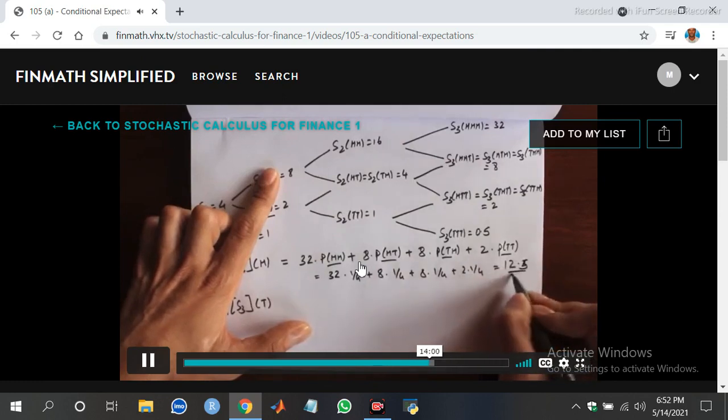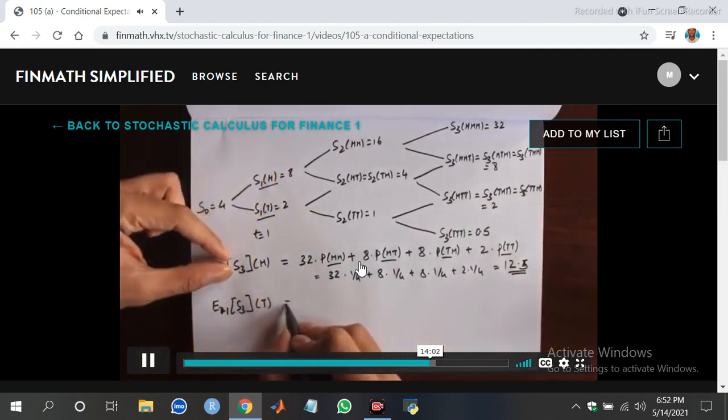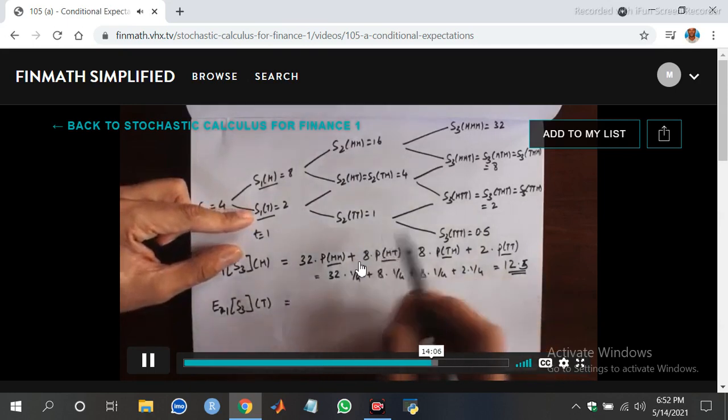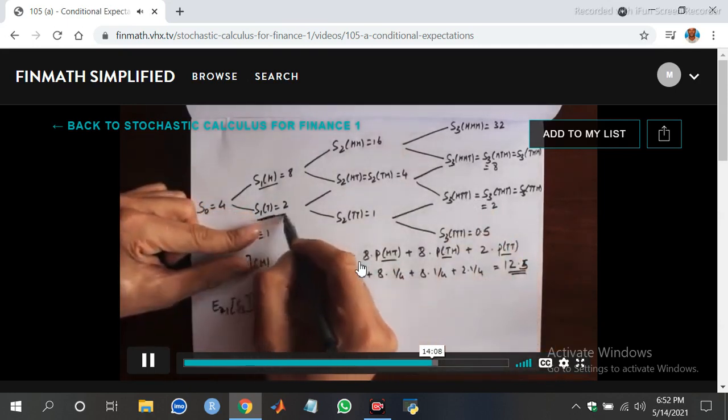12.5, right? Okay. Likewise, if you want to calculate the expected value of S3, if you were at this particular